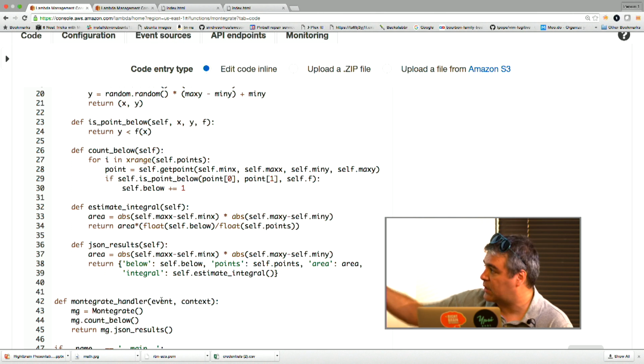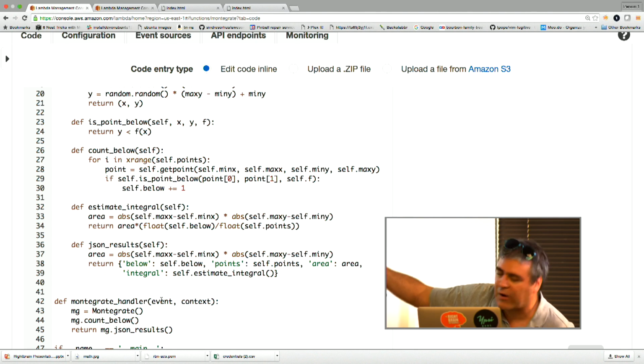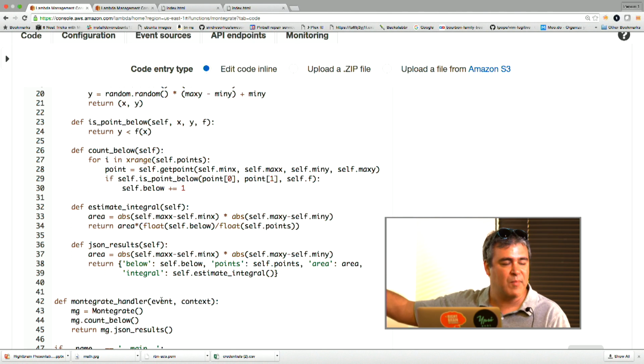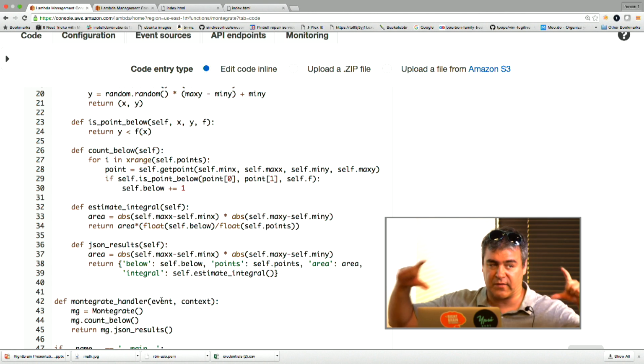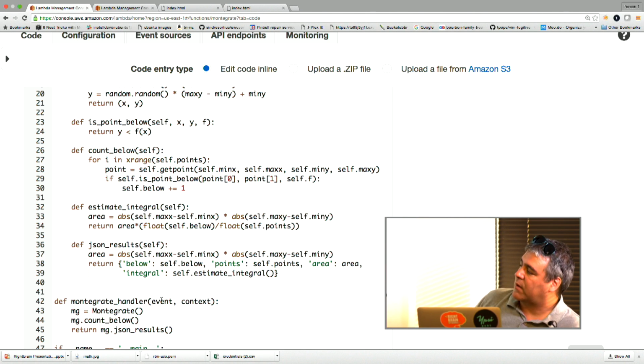In the case of the Mandelbrot, I'm passing in the x coordinate, the y coordinate, and the zoom ratio, the coordinate of the tile, not the point. And that gets passed into the event as a dictionary. The context is something Amazon specific. You can get all kinds of information like, where am I? Am I in US East? How much time do I have left to run? There's a huge object there with a bunch of information that you can grab out of Lambda.